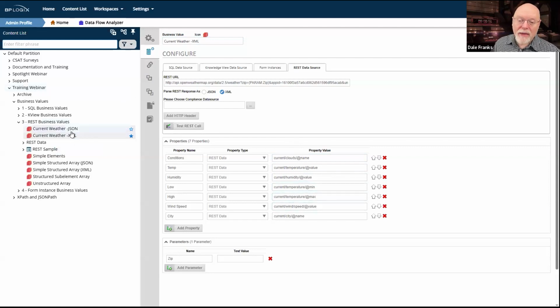For JSON path, it's a little bit different. And again, I'm returning the same data in both of these. So basically the same thing, same service, still from OpenWeatherMap, but in this case, it is calling a JSON version of the same data, which is the local weather for whatever zip code you pass it. And as you can see, it's slightly different. JSON path and XPath use a different syntax and use different methods. Even if they use the same characters, those characters mean different things in XPath and JSON path,